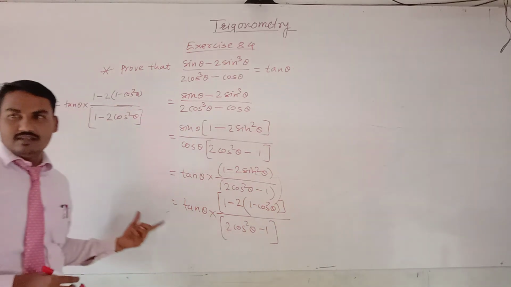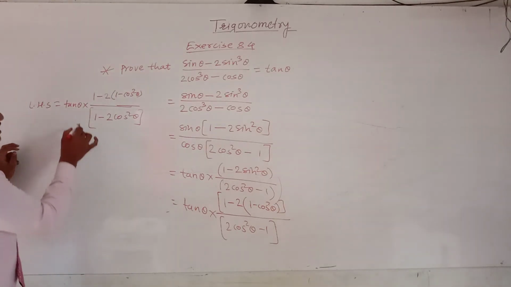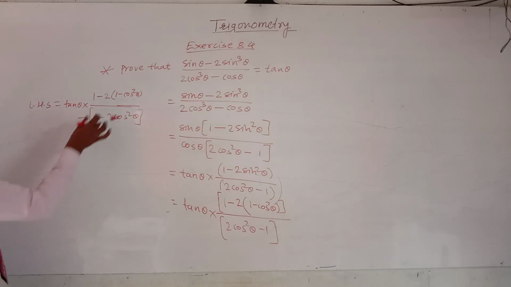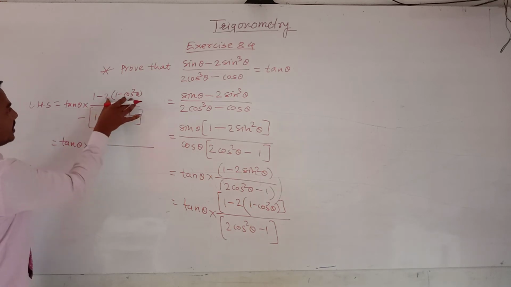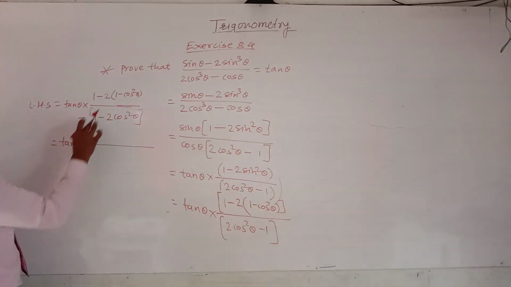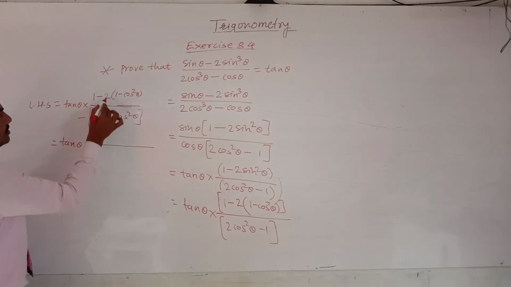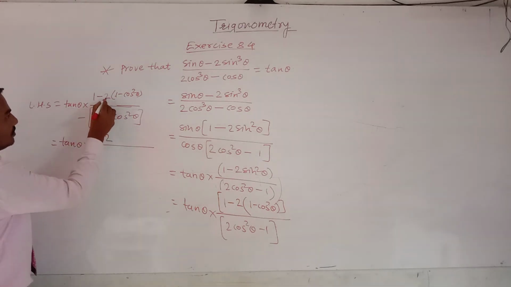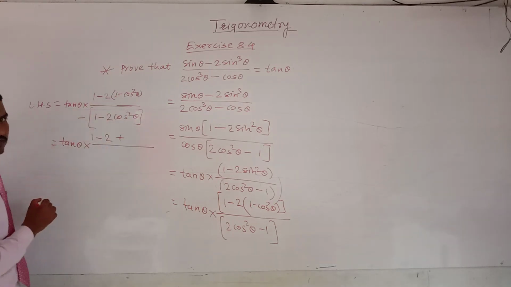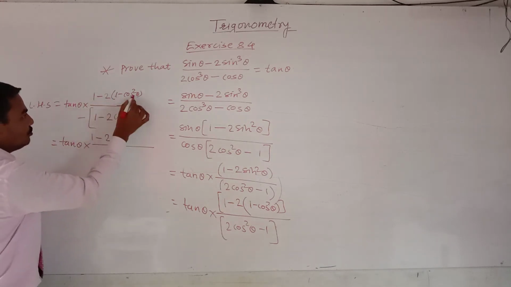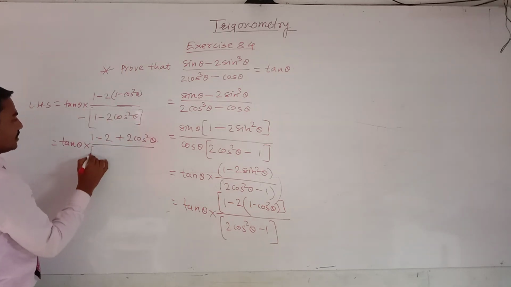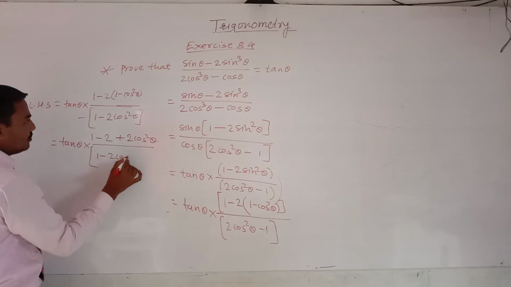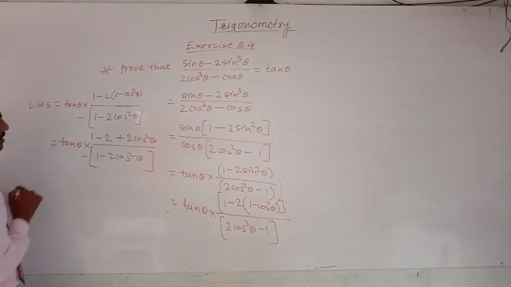माइनस साइन कहाँ चला जाएगा? हाँ, माइनस साइन बाहर आएगा ना इधर? यस और नो? ना ऊपर क्या रहेगा? tan थीटा इंटू ऊपर क्या रहेगा? 1 minus 2 into 1, minus plus minus, minus minus plus 2 cos square थीटा, ये माइनस माइनस यहाँ पर प्लस हो गया, नीचे 1 minus 2 cos square theta and outside minus is there.